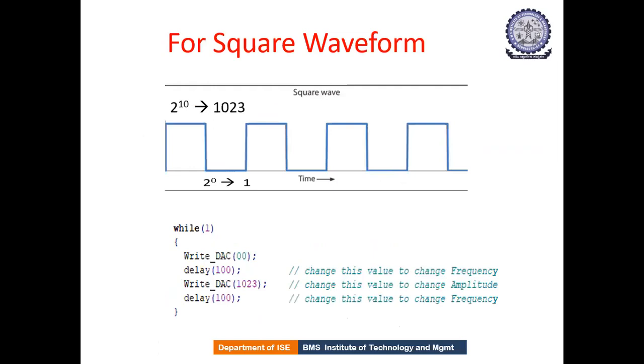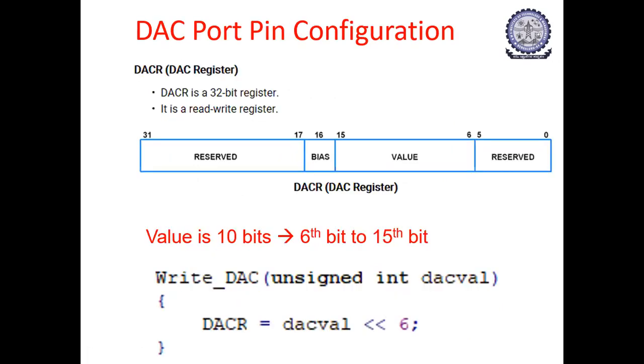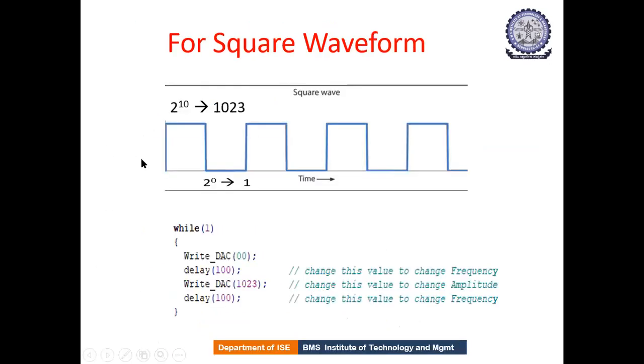Next, how is a square wave generated? We know that with a square wave, either we are at the zeroth position, that means zero value, no voltage, or we have the highest value, that is some volts. In our example, we have input values of 10 bits, so this 10-bit value can be used as the input for the square wave. When the value is 0, we are at the lowest level, that means the square wave is grounded. When you go to 2 to the power of 10, that is the value 1023, then your square wave is at the high position.